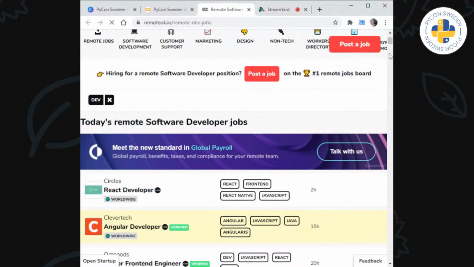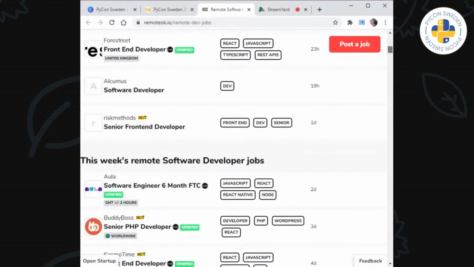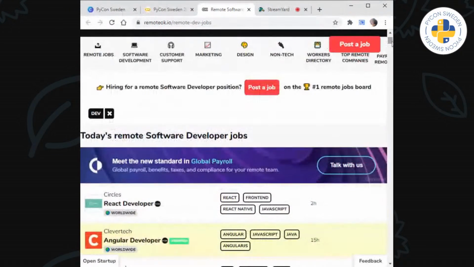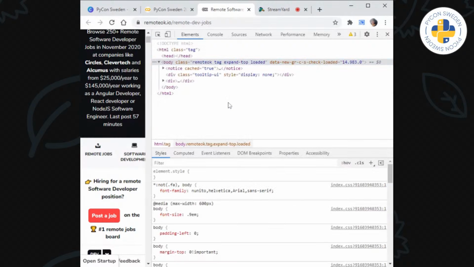So this page has a lot of job posts, as you can see, and basically what we want to do is understand the structure that's going on. As I said before, you go to tools, developer tools, and it's going to have the information about the page.